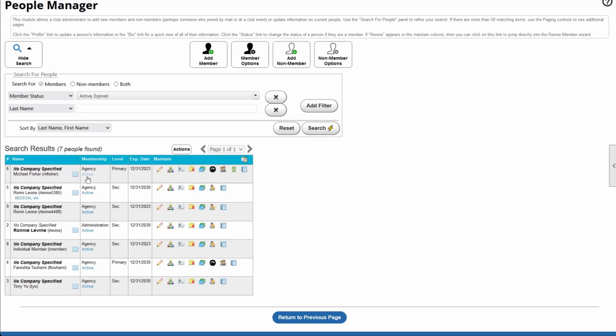But if we were to promote someone, we could say, hey, I actually want individual member to be the primary. So right now, if we look over here, we can see this individual member is a secondary and Michael is the primary. If there is a change within an agency and we need to say, hey, this person is actually in charge of the agency now, or, let's say Michael is leaving the agency, we need to put someone else in charge. This promote option is what you would want to do. So we can come in here and I say, I want to promote a secondary member. I will come down to the bottom here and I will select which secondary member I am talking about. And right now I'm talking about